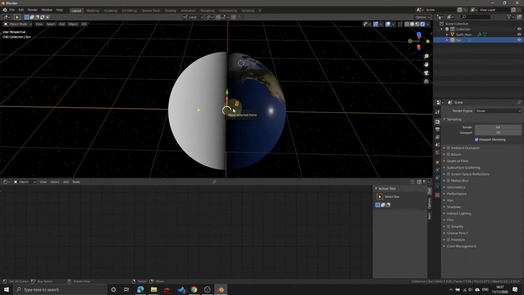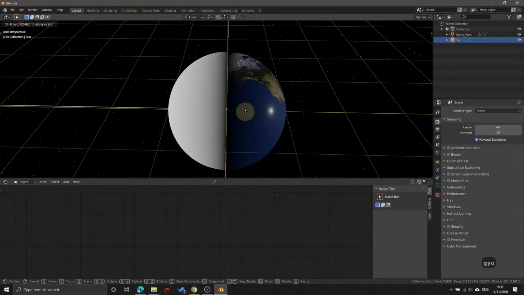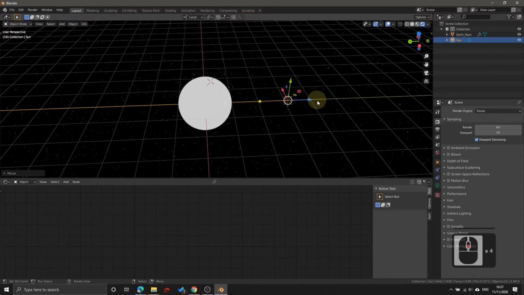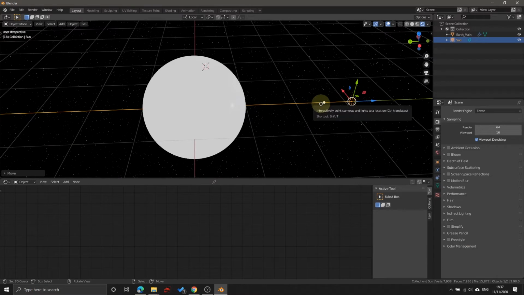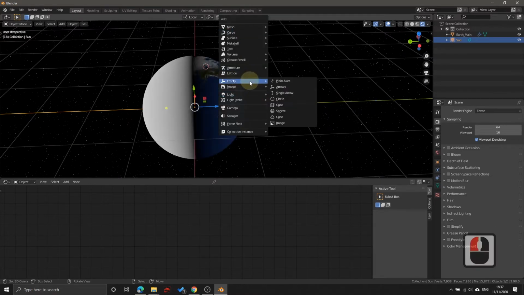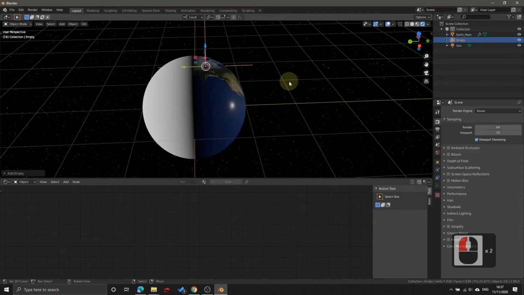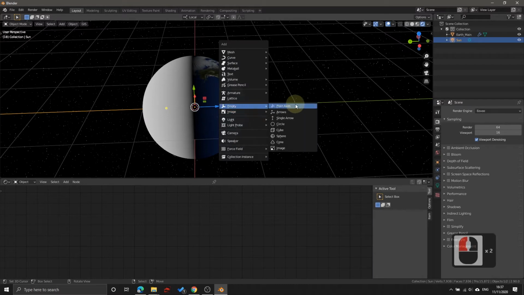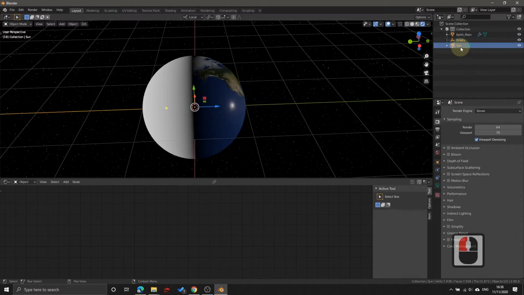So it is important that your sun is in the center. If for some reason you don't want your sun in the center, so it's really important that your sun is way out to the side over there, maybe you're not using a directional light, but a point light instead, then what I suggest you do is create an empty in the center. Oh, why are you over there? Create an empty in the center of your world. Parent whatever light